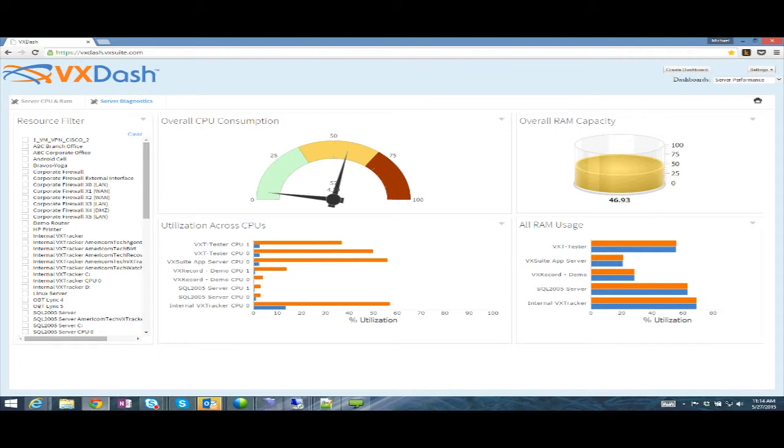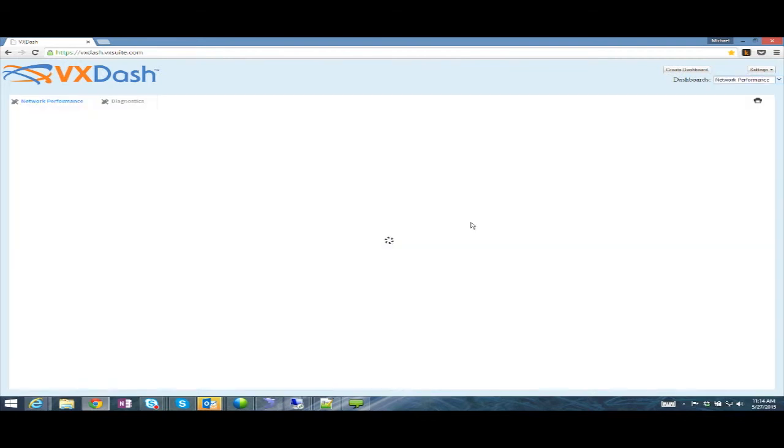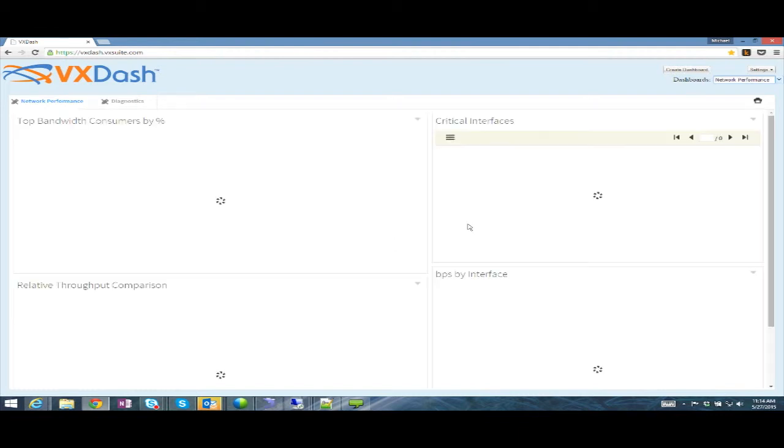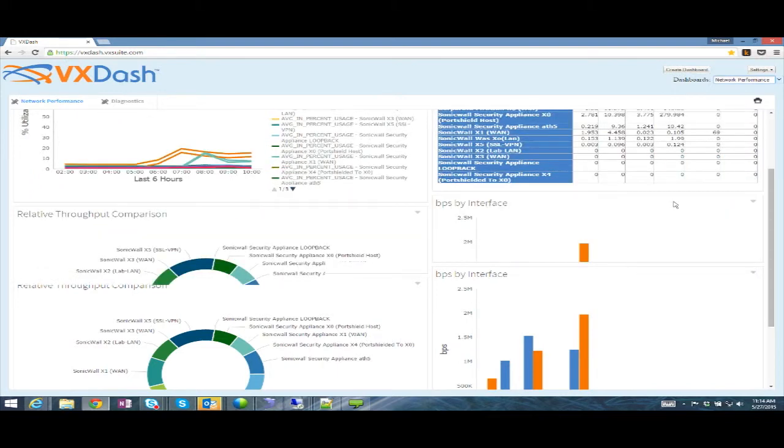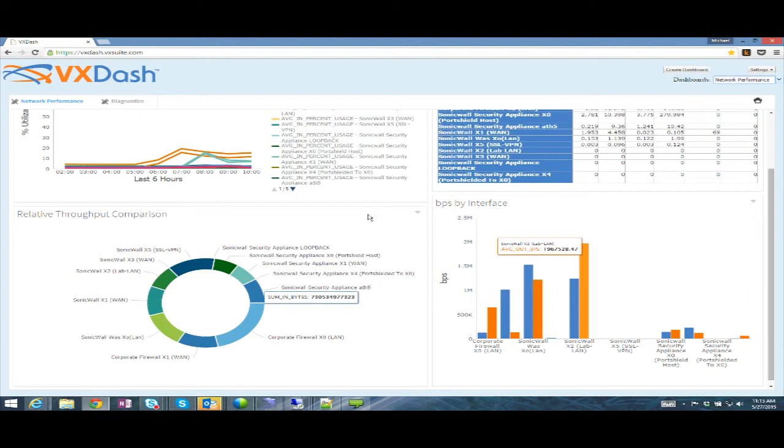Same type of thing for network performance. So if I'm really interested in looking at bandwidth utilization, this would be just, again, another sample view of a way to look at that. So here are all of the interfaces off all of the firewalls or routers that I have access to. Same type of information that I'm providing in a tabular view, and then some additional graphical views of that bandwidth